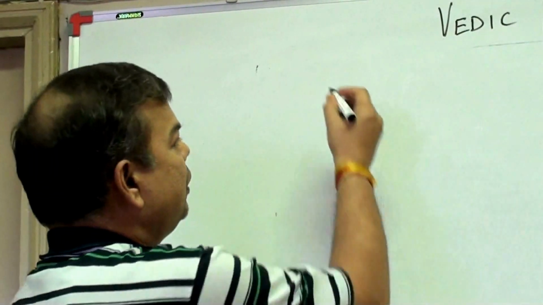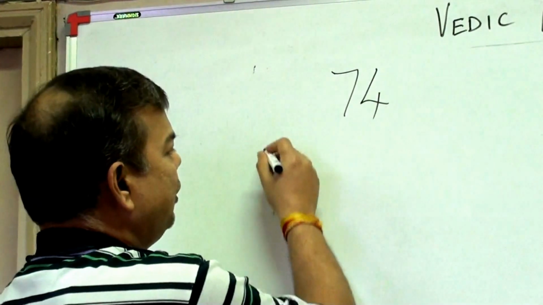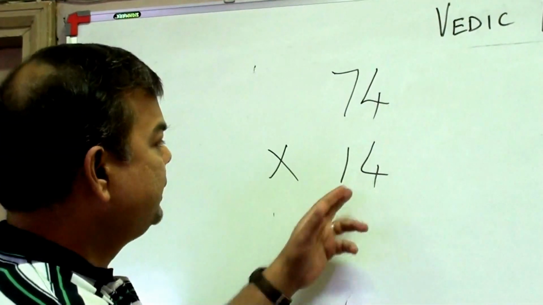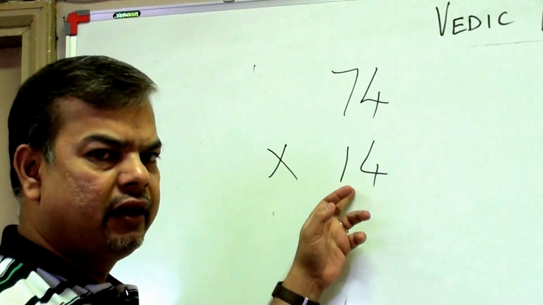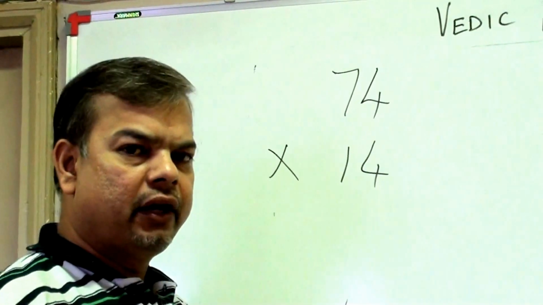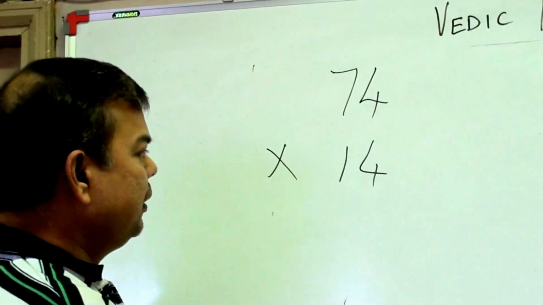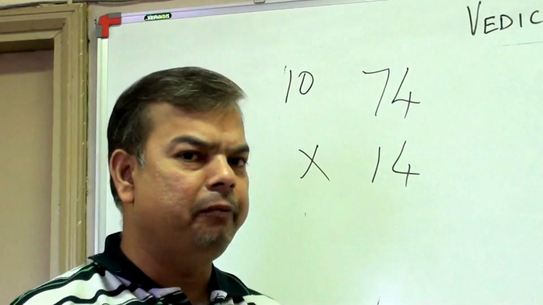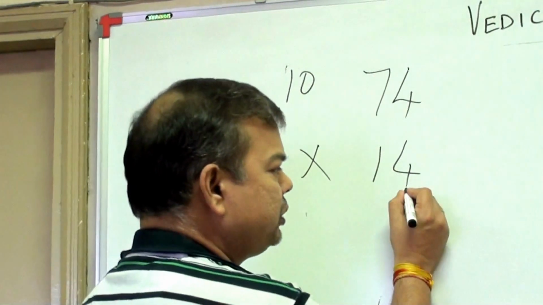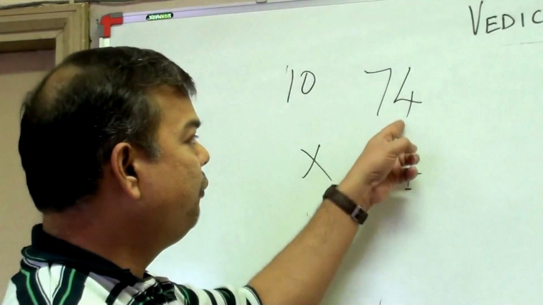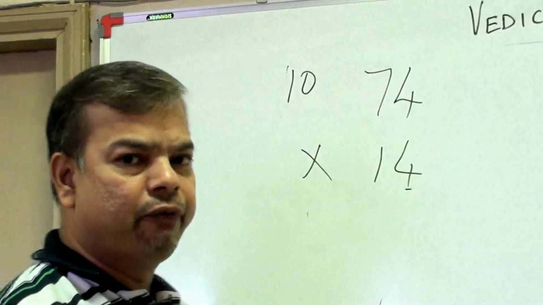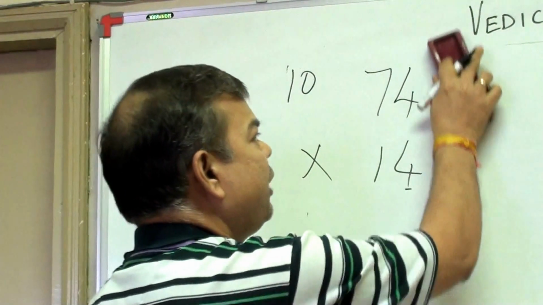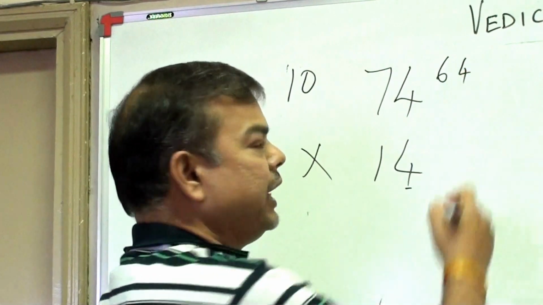We have a number called, let's say, 74 multiplied by 14. Now in this case, we can see that this number is close to base 10, whereas this number is far away from 10. But we can use the technique which we have used for numbers close to base 10. So 14 can be written as 10 plus 4. I am not going to write 10 plus 4, I am going to simply put one mark here. And 74 can be written as, you simply subtract 10 from 74, so you get 64. So you simply write 64 here, just for the sake of calculation or multiplication.